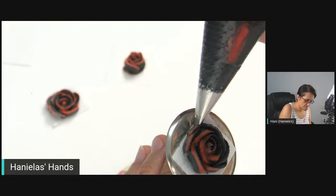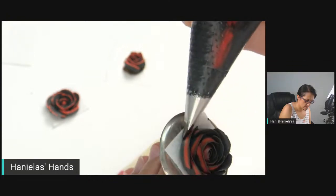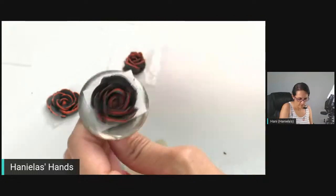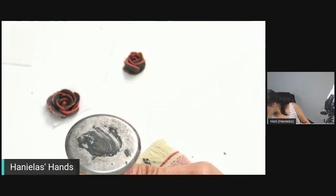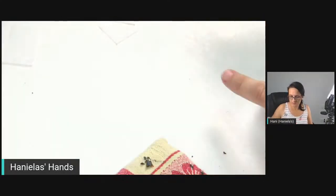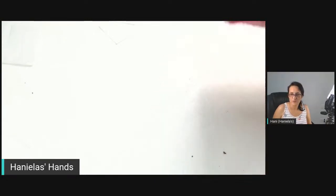Again, making this too big. Too big. Oh well. All right. Let's see if I can get it off. I think I should have enough roses. So I'm going to put these back and, okay. So let's start now. I'm going to have to fix, I didn't tell you, but we have to fix the teeth. So the teeth,